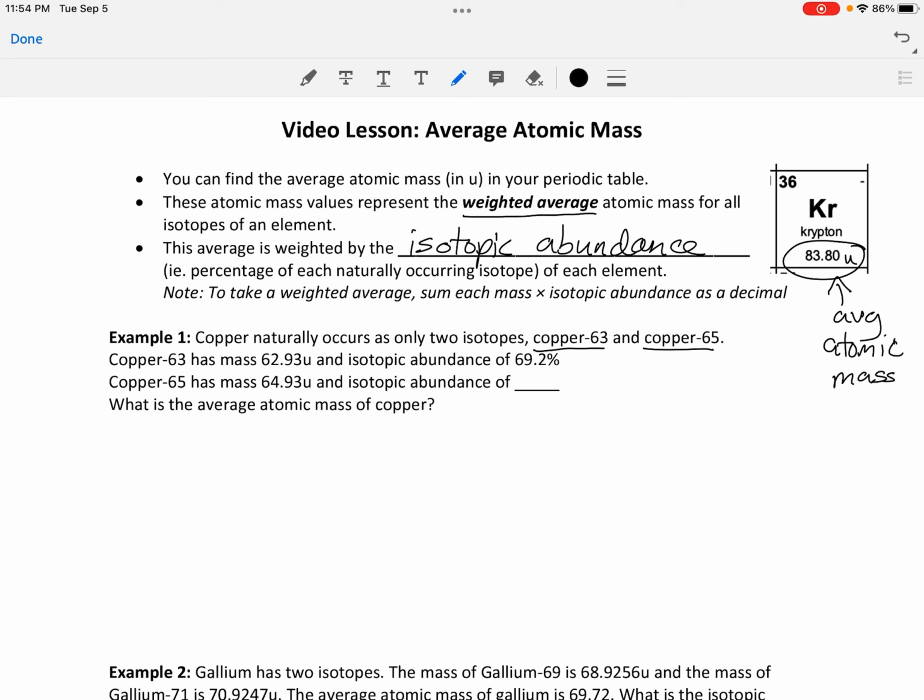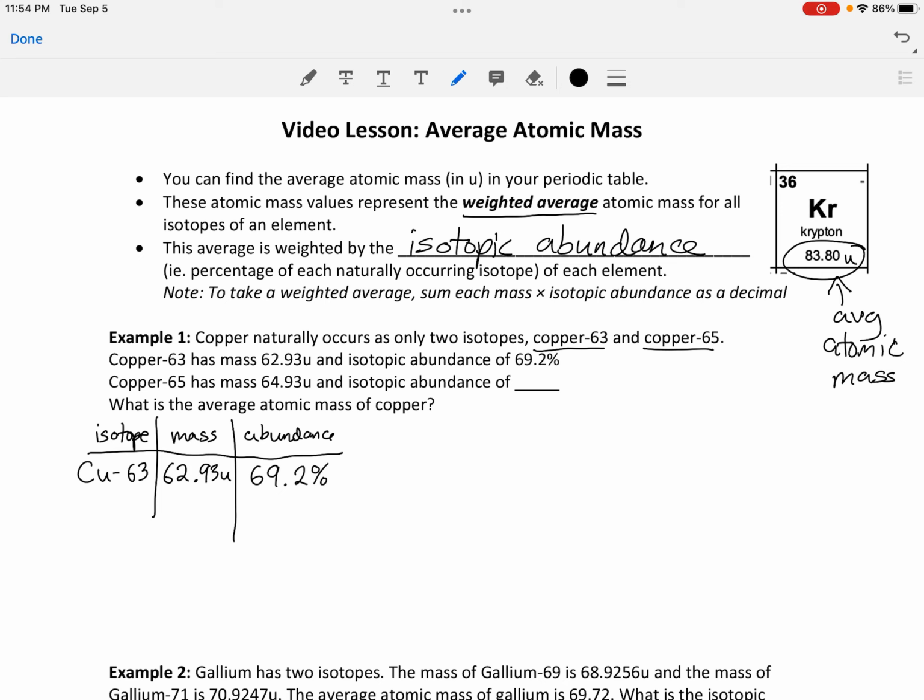If we put it in a little chart, it might make it a little bit easier. So we'll make a chart with our isotope, with the mass, and with the abundance, the isotopic abundance, just so we can stay organized about everything. So the isotope copper 63, that has a mass of 62.93 atomic mass units, an abundance of